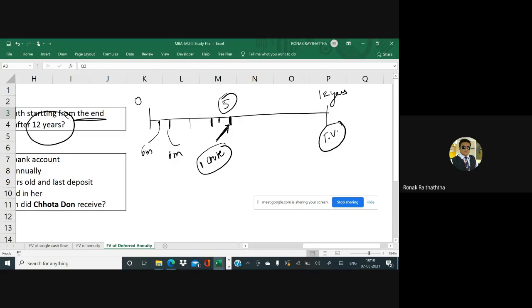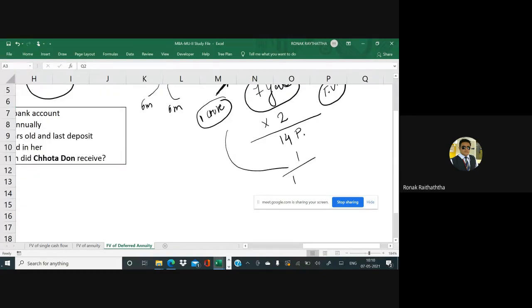So my friend, how many total investments will he be making? First of all, he would be making it for this many years. Once these 5 years are completed, how many more years are pending to be completed? 7 years. And in 7 years you have 2 semi-annual periods, so I'm multiplying that by 2, so 14 periods Mr. Dhoni will invest, and one more period which is at the end of the 5th year, so I'm taking that one as well. So total 15 periods Mr. Dhoni is investing.